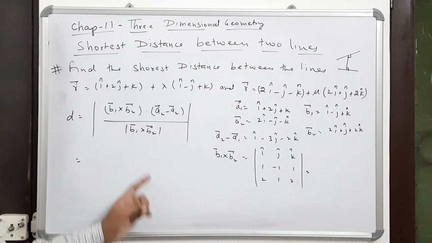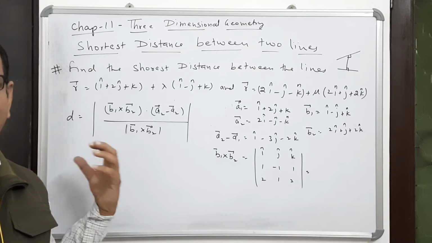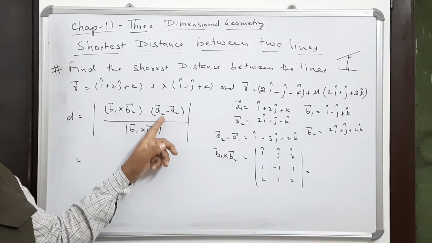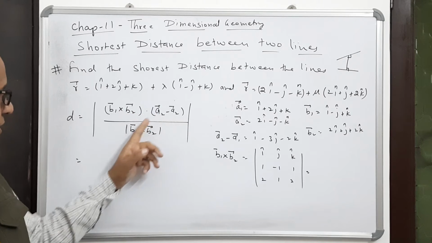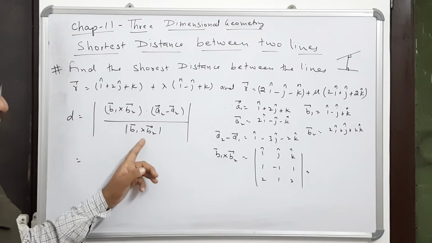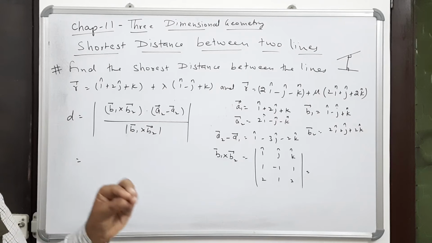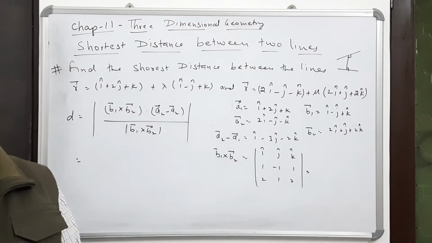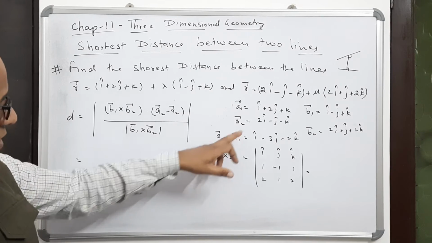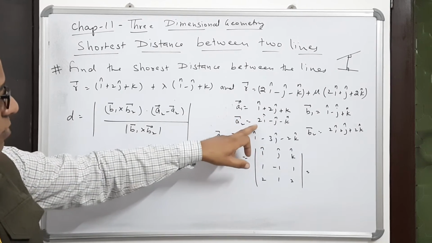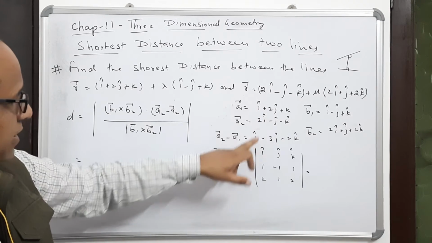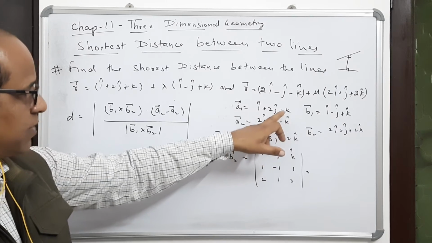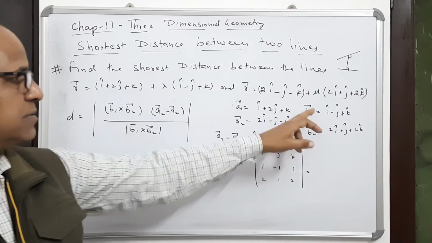the magnitude of B1 cross B2. So why is this particular problem important from the examination point of view? You see, we have a difference of vector, we have dot product, we have cross product, we have magnitude. So in the exam, if this problem is asked, it means there are so many things which will be asked here. Difference of the vector. Now you see, this is A1 and this is A2. So I found A2 minus A1: 2 minus 1 is 1, minus 1 minus 2, minus 1 becomes minus, so this is B1 and B2.